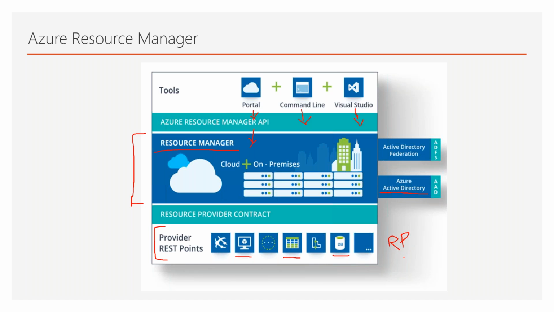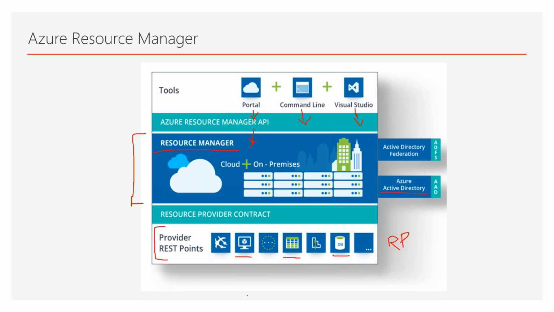Now think about it in a different way. When Microsoft started building Azure, they went ahead and created different teams. One team is creating the VMs, one team is creating the storage, one team is creating the Azure SQL database. All these are different teams. Whenever these teams create a new version of a service, for example, a version of VM, then next time they come up with some enhancements, they want to publish a newer version of the VM.